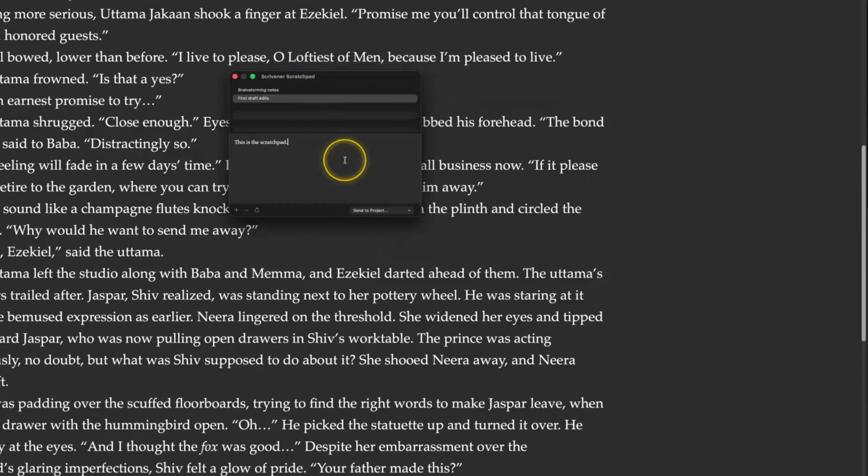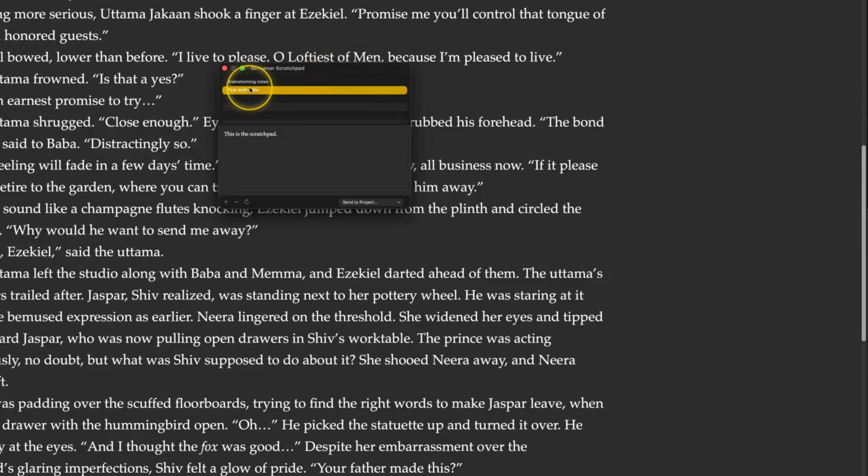And so this will come up, and I just have a note here. This is the Scratchpad, but I have a document, let's call it brainstorming notes and first draft edits. So that's maybe some way you would want to use it. Like if you're working on a current draft and you want to be able to bring this up quickly and jot down a note and get back to work as soon as possible, that's one way that you could use